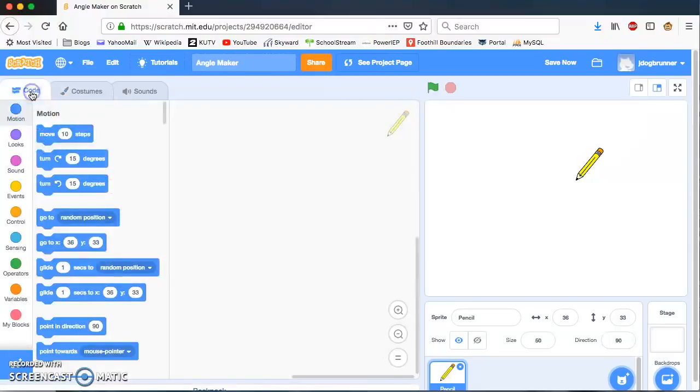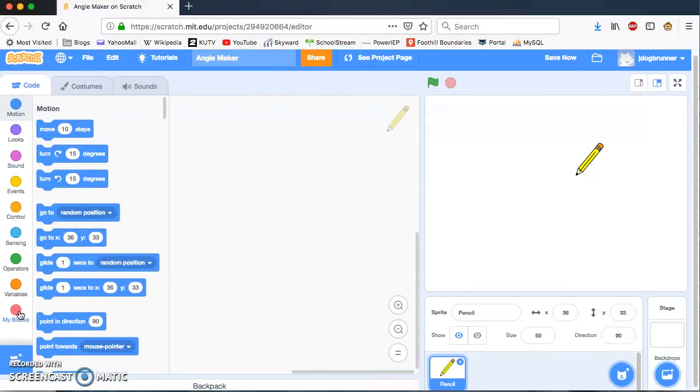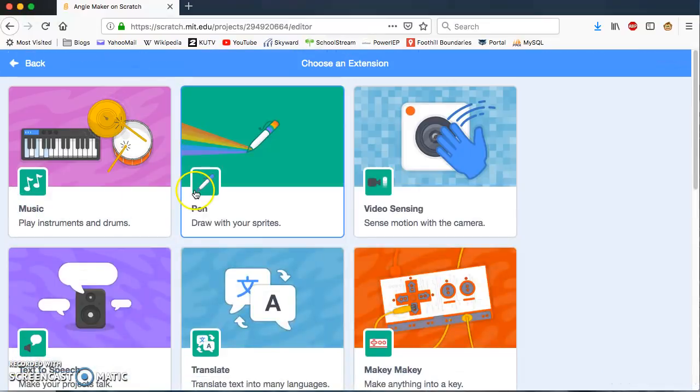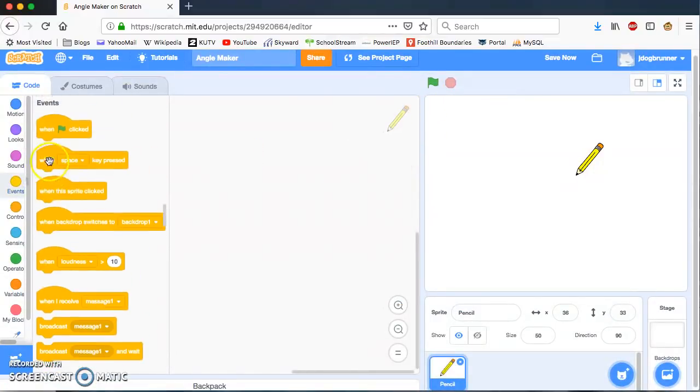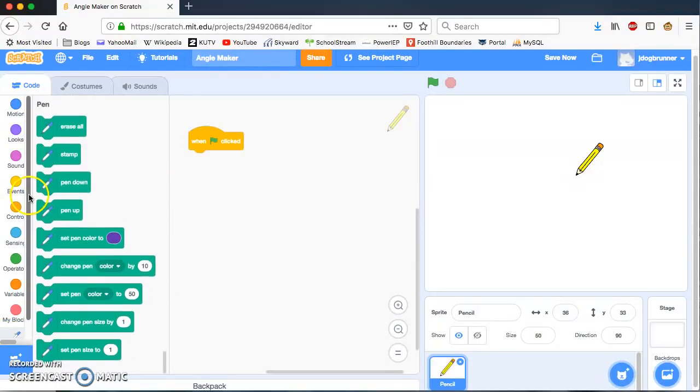Come back to code. Let's add in the tools for the pencil. Notice there's not a drawing tool option here, so it's an extension. Click here where the code blocks have the plus sign. Grab this one here that says pen, so that it lets you draw with your sprites. Right now, let's have an event here that says when the green flag is clicked, come back to the pencil tool. Let's set the pen size to